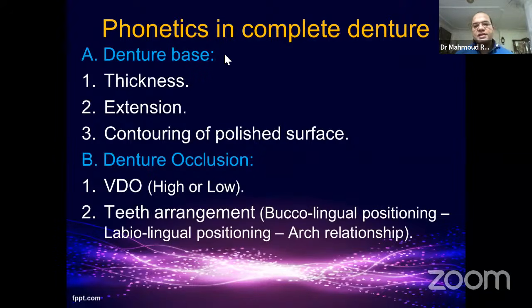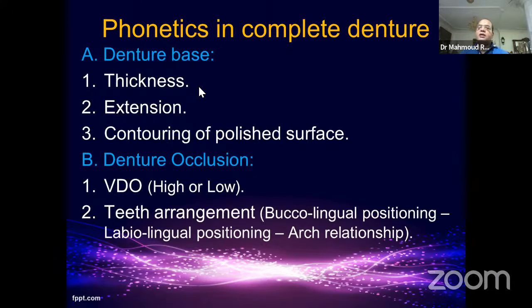First, the denture base thickness must be of optimal thickness. Increased thickness of denture parts, like the palatal plate, lingual bar, or lingual flanges, will encroach on the tongue space